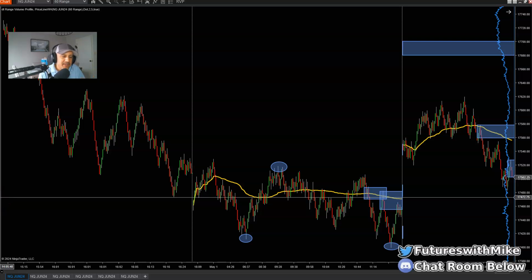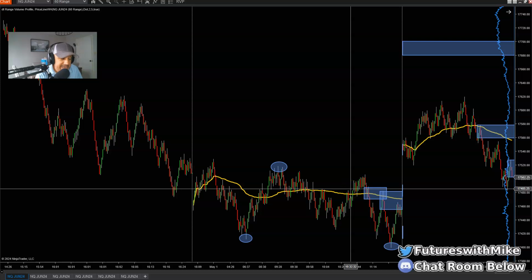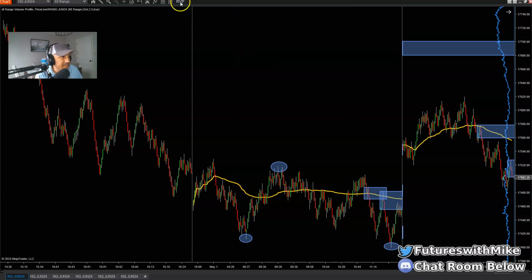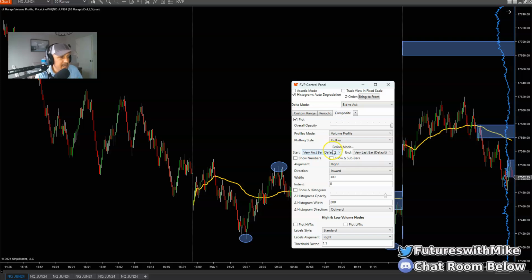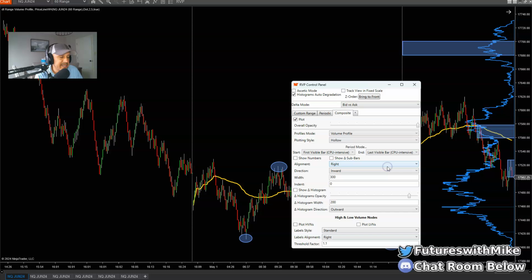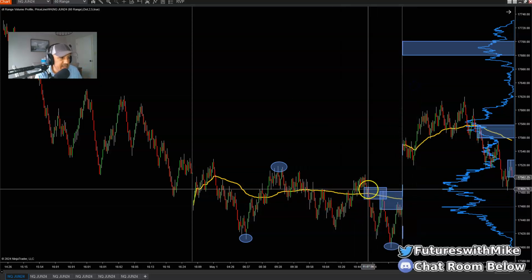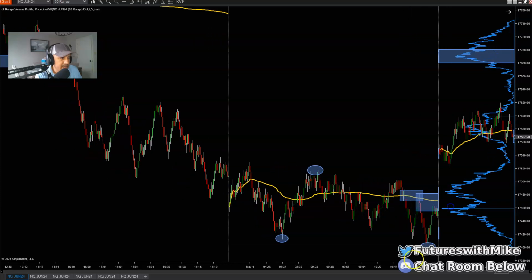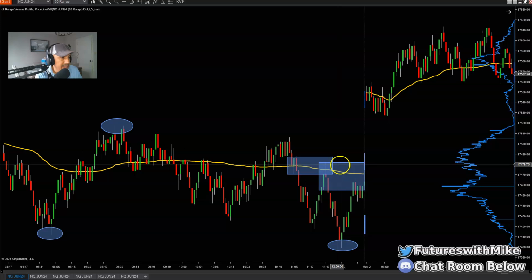All right. But this area, I'm going to show you the difference between a dynamic and a static, okay? If I switch over from a dynamic to a static standpoint, I'm going to go to composite, because that's what this is. This is a composite profile right here. And then I'm simply just going to use this. This is going to set it up where it's more static versus dynamic. All right, so now we see right here, let's zoom in. I'm going to do away with this. Okay, and as you can see now, we're